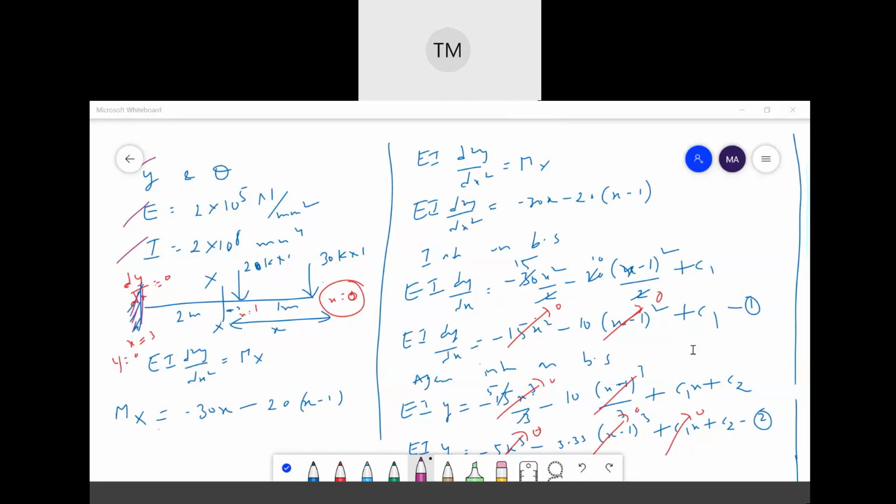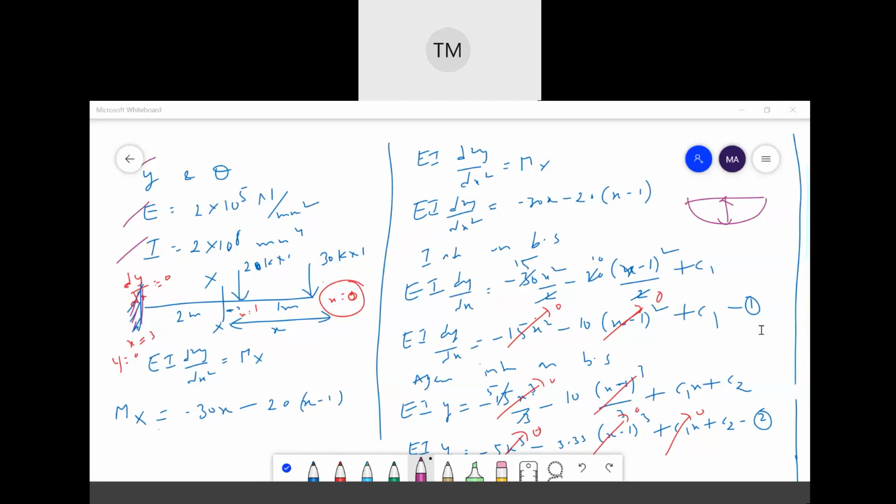For a cantilever beam, the maximum deflection always occurs at the free end. Someone asks: sir, for a simply supported beam subject to eccentric loading, where will the maximum deflection occur? For a simply supported beam, the maximum deflection occurs always at the center or some distance nearer to the center, whereas in a cantilever beam, the maximum deflection always occurs at the free end.